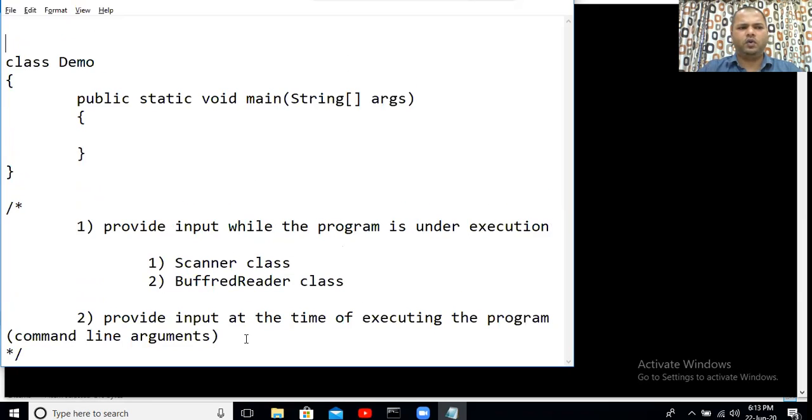So now the first thing that we will have to understand is that this scanner class is a predefined class in Java. So we have not created this class, rather this class has been created by the makers of Java. And we will have to understand one thing about the predefined classes, that all the predefined classes that are there in Java have been stored inside some or other packages.